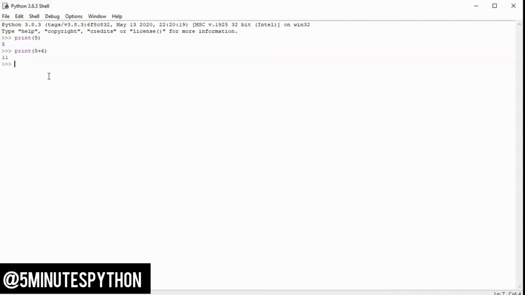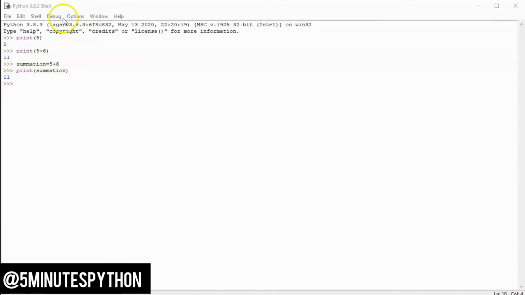So now, what should I do if I wanted to store this result? In programming, for storing anything, I need a variable. For example, I'm considering summation as a variable here, and I'm just adding these two numbers, and I'm trying to print the variable, and I'll get the exact same answer. Here I'm reserving a memory location to store this result, and I'm naming the memory location as summation, and wherever needed I'm using just the variable.